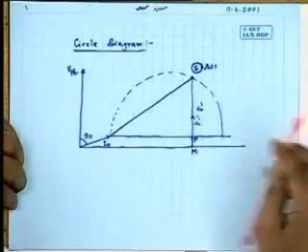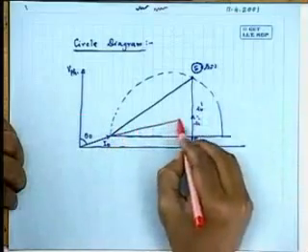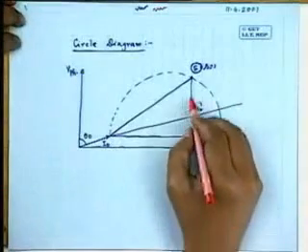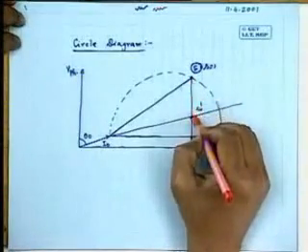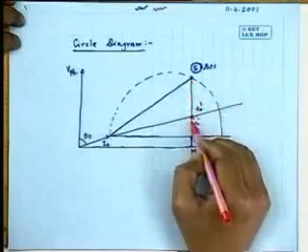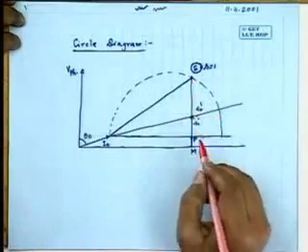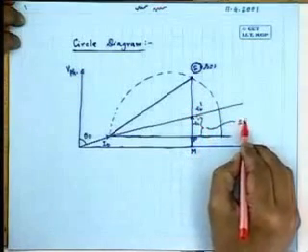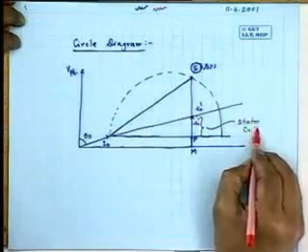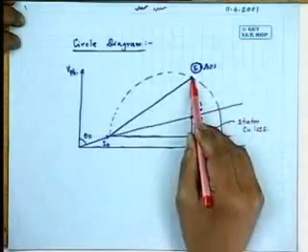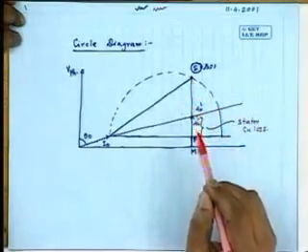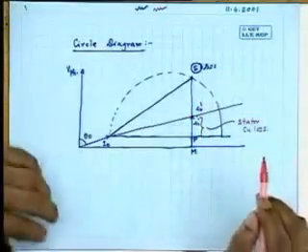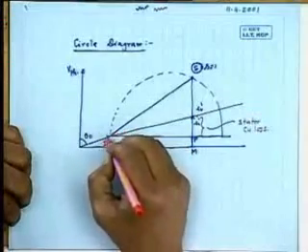Then this line, if you join this line, then this power will give you the air gap power of the machine. This length will be the stator copper loss, and this remaining length is your air gap power, which is equal to the rotor copper loss during standstill condition. Now, if you take any other operating point,